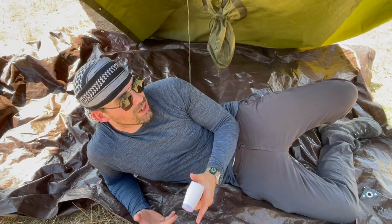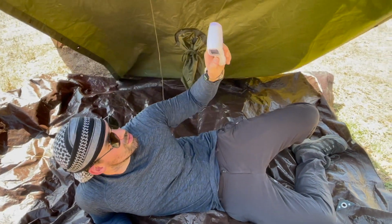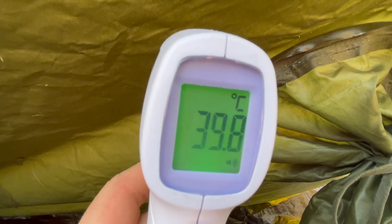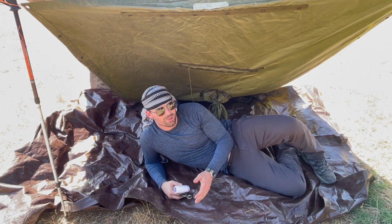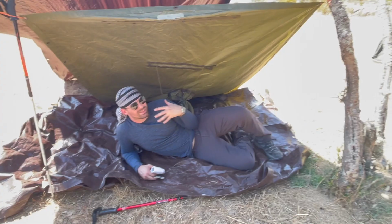39.8. Okay guys, it's really cool in here. It's the sort of thing where you just lie down in. Let's do the inner skin. 39.8 degrees. 39.6. Okay guys, one thing I will say, whilst the readings are similar to the other tent, it definitely feels